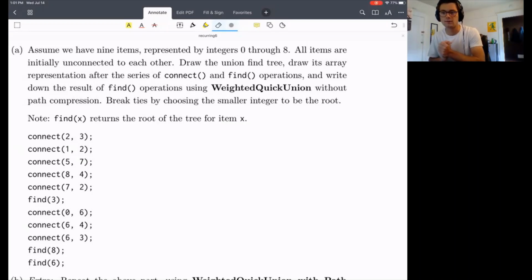So this worksheet is a pretty involved one, actually. It has a lot of stuff on weighted quick unions. It has a lot of stuff on runtime. And this weighted quick union problem in its own right is quite a big one, actually. It's deceptively big. But I think that if you can do this problem, you can do pretty much any weighted